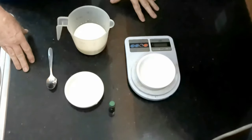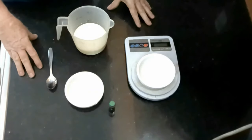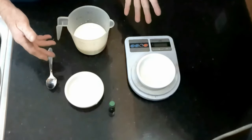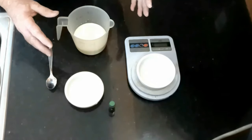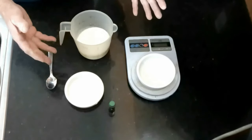Today we're going to dive into the science of ice crystals when it comes to freeze drying, and how pre-freezing your food prior to freeze drying will give you a better quality of food, better texture, and also how it will save you money. So right here I got some milk,